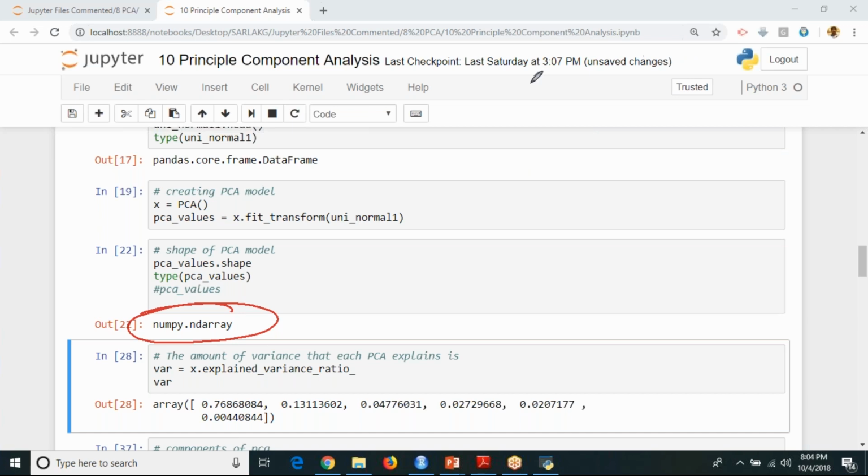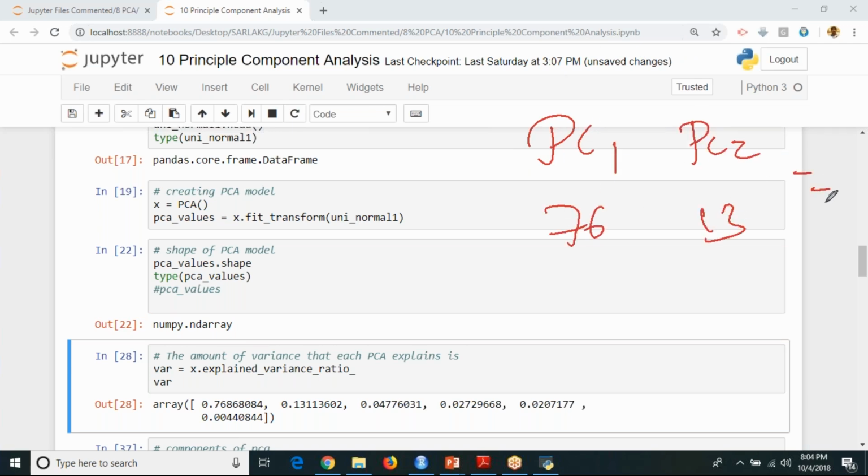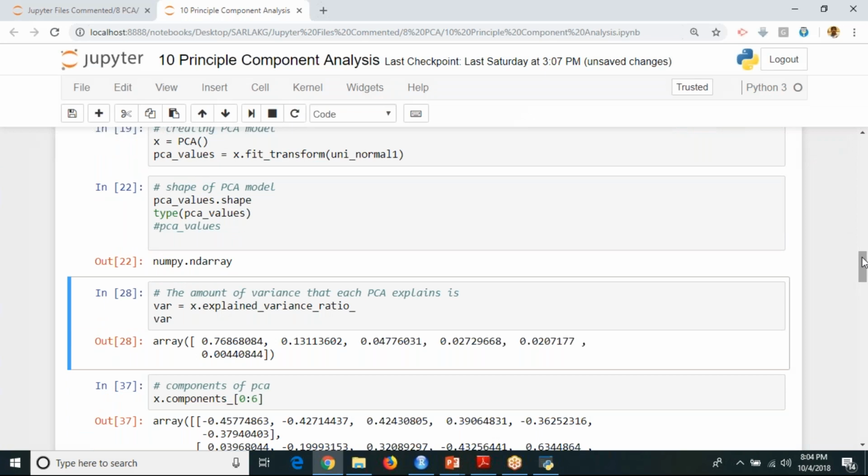Now, suppose you want to get the proportion of variance percentage. Yesterday, by using your PC1, we got 76%. By using PC2, we got 13%. Like this, we got it, right? If you want to get that in Python, it is a slightly different function, sorry, keyword. You need to use the PCA function we created, by using the x variable.